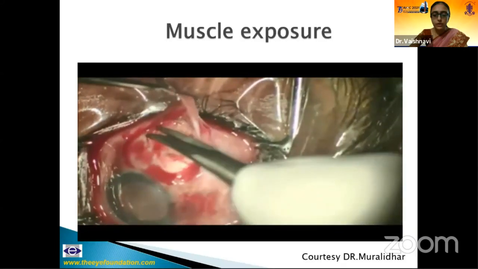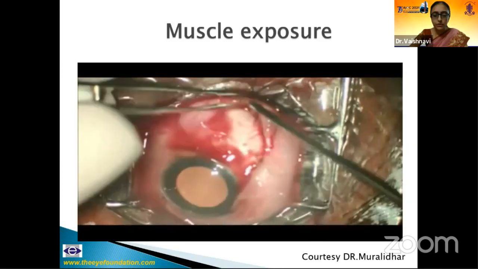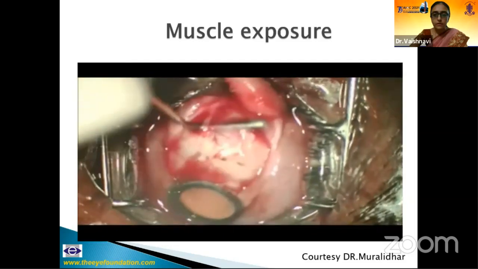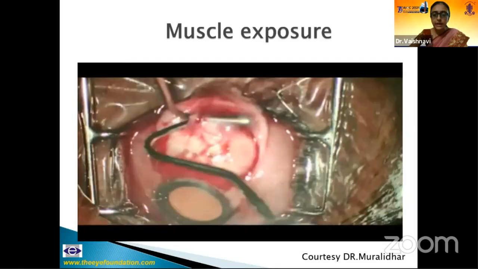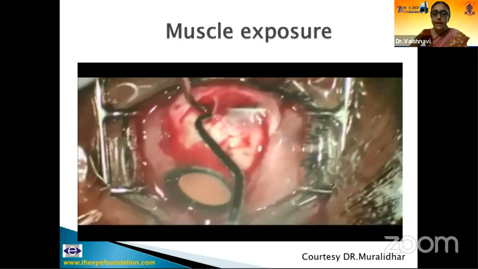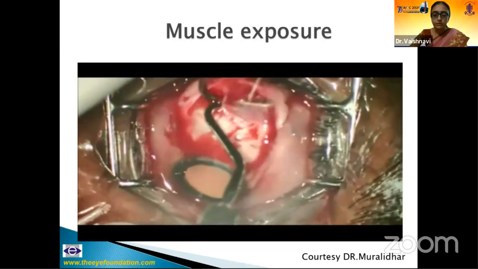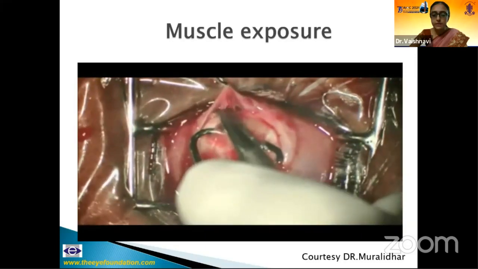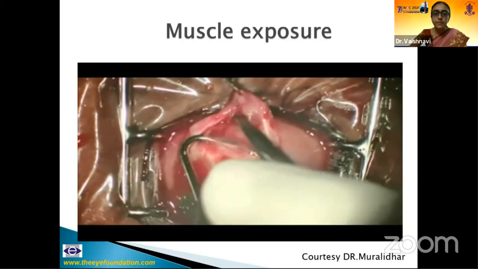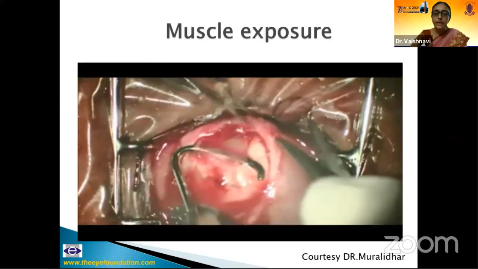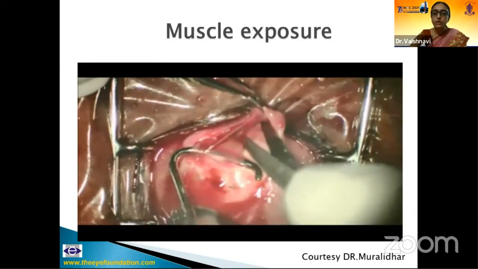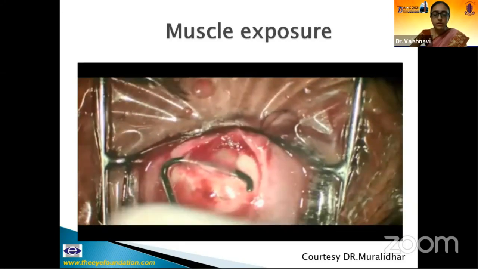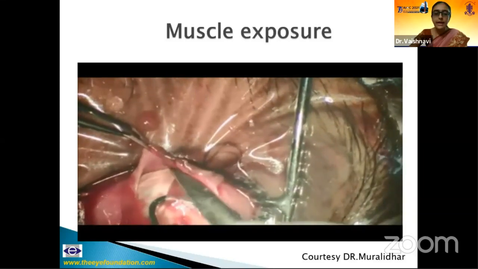So then the muscles are hooked, first with the von Graefe hook, which is passed hugging the sclera. Then with the Green's hook, which is passed, ensuring that the entire muscle is being hooked. Then the check ligaments and the intramuscular septum are separated under direct vision, preventing any injury to the vessels, fascia, or the muscle sheath. And excess of any Tenon's capsule in and around the muscle insertion is carefully excised.